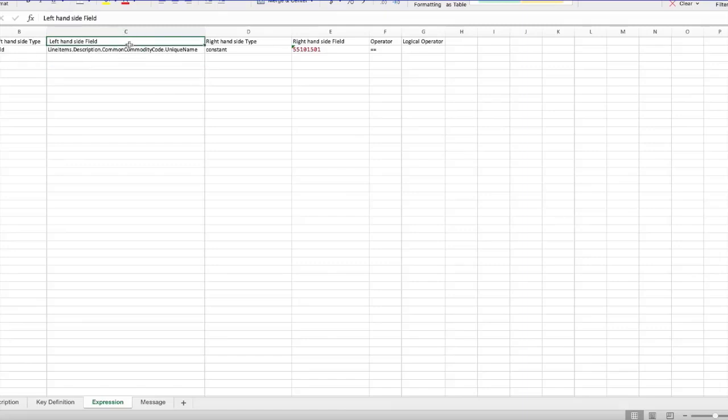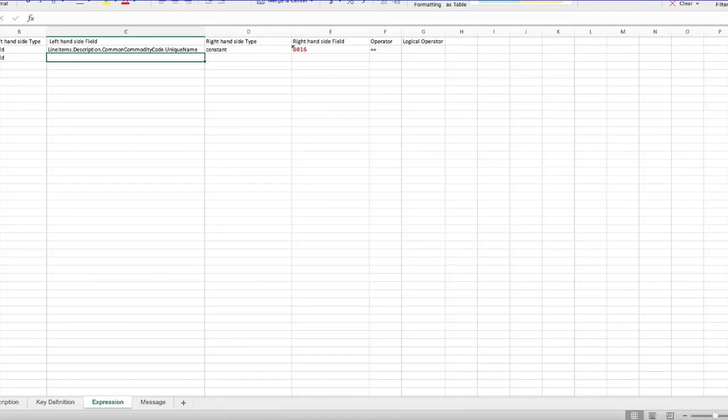So the first one here, we'll use the commodity code, and we'll change this to the commodity code that you need it to be. And you'll see that it's a constant value, and you want to make sure it's equaling that value there. If we want to create a new one, we'll just go ahead and create a new policy here,